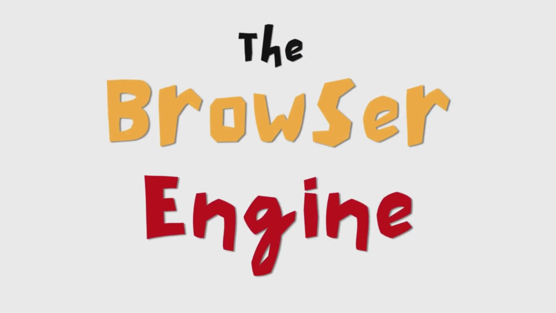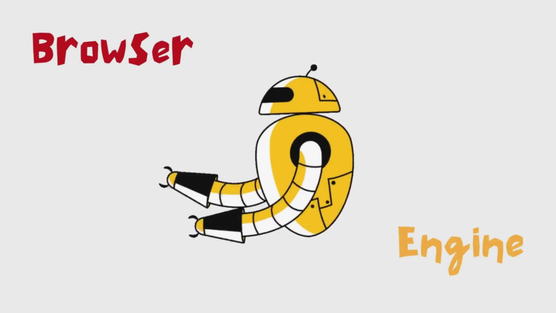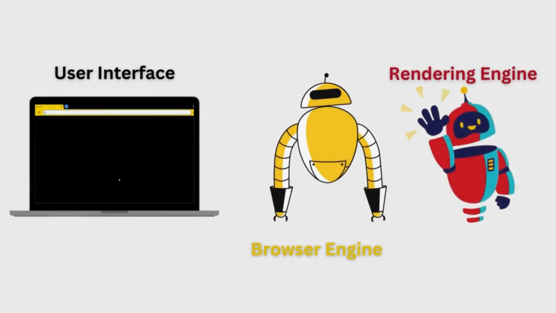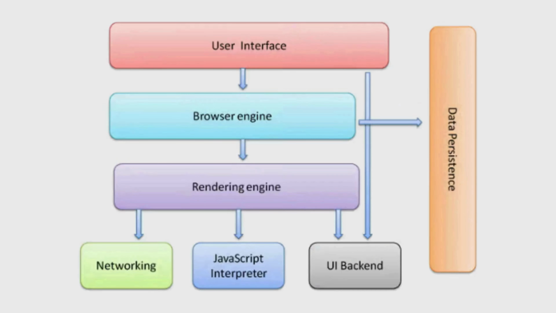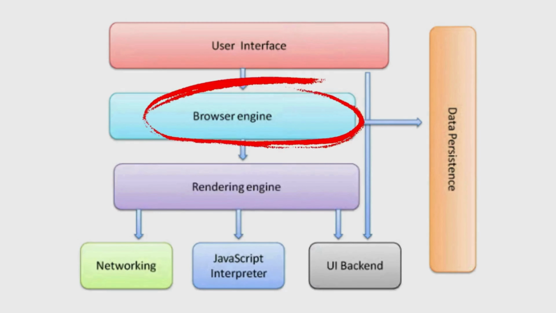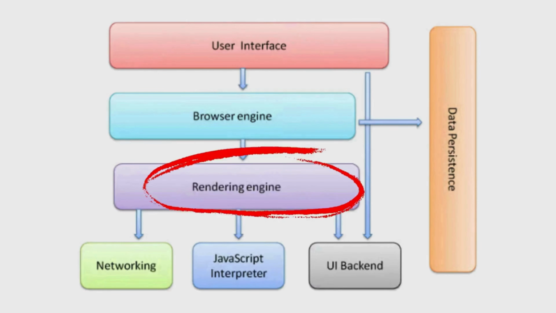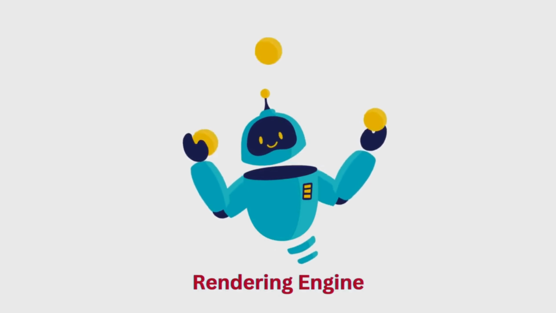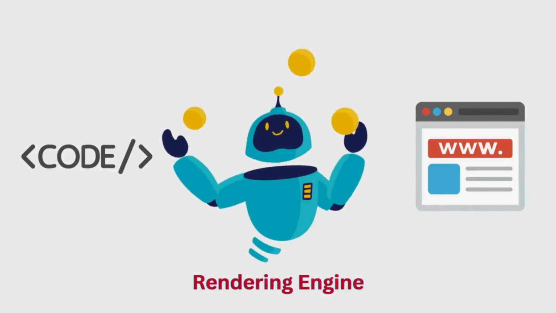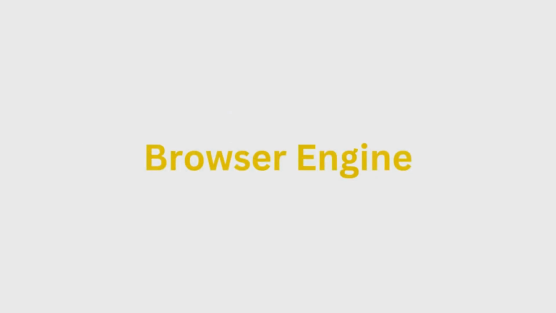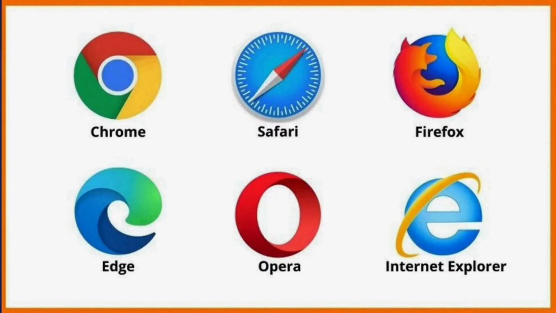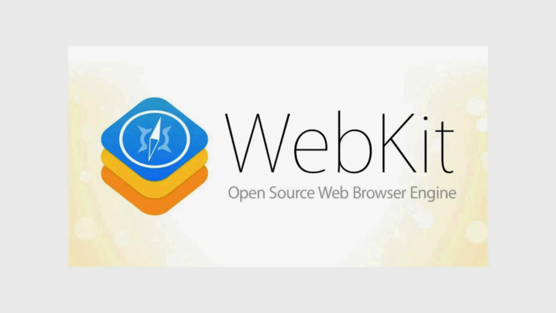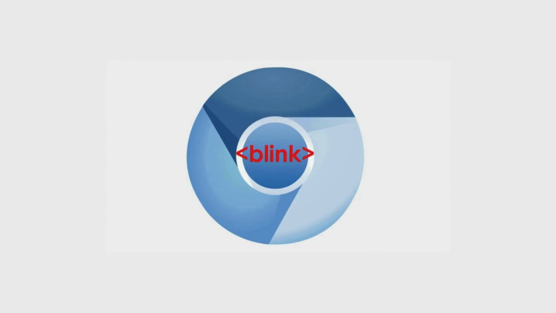Each browser has a browser engine under the hood. It works as a bridge between the user interface and the rendering engine. The browser engine tells the rendering engine what to display based on the input it gets from the user interface. In simple terms, the browser engine acts as a middleman between the user interface and the rendering engine, while the main task of transforming code into visuals on your screen is handled by the rendering engine. The browser engine processes the user's input such as clicking a button or typing a URL and passes these instructions to the rendering engine. Different browsers use different browser engines such as WebKit in Safari, Gecko in Firefox, Blink in Google Chrome. All these engines are written in C++.